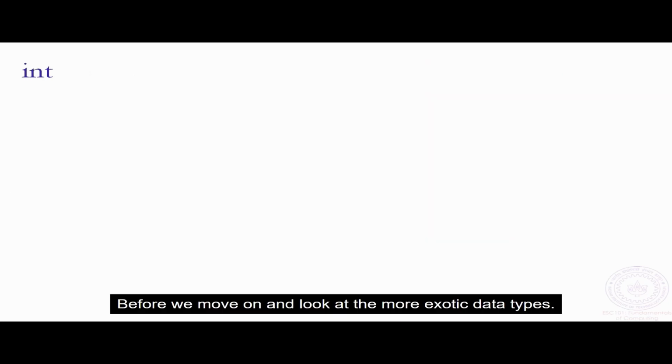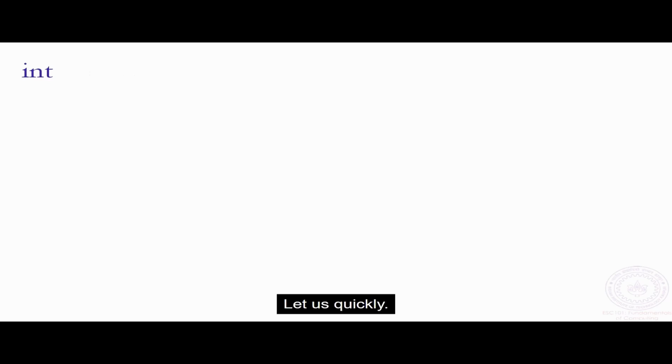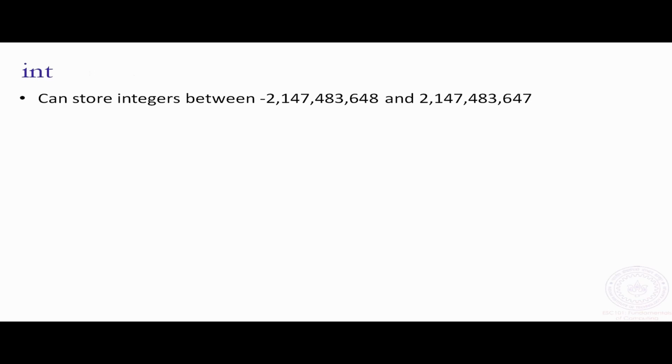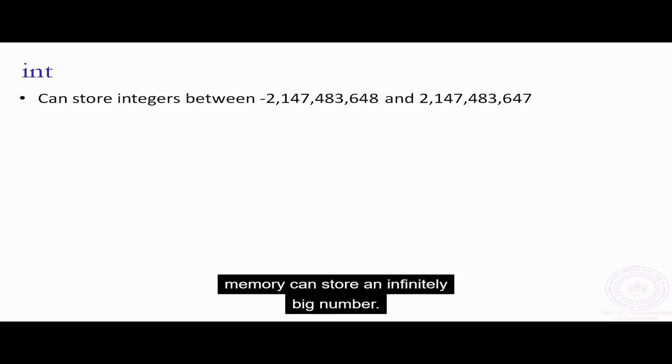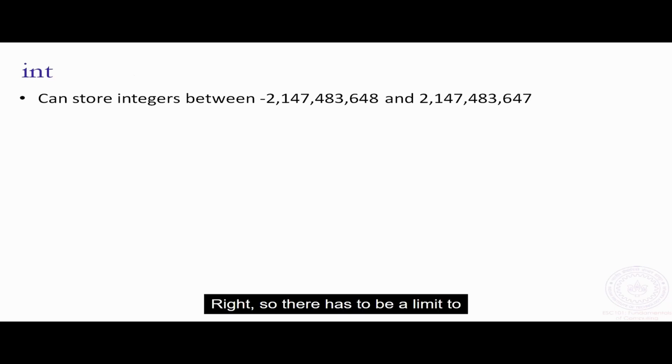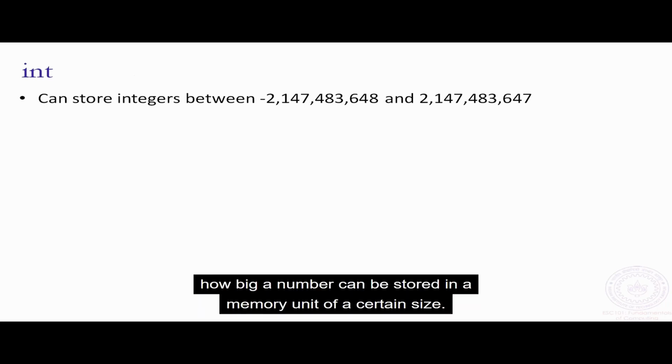Before we move on and look at the more exotic data types, let us quickly deepen our understanding of int. Something that you haven't noticed about int, but that will be obvious once you think about it, is that it cannot store an infinite number of integers. Integers go from minus infinity to plus infinity, but no computer with finite memory can store an infinitely big number, right? So there has to be a limit to how big a number can be stored in a memory unit